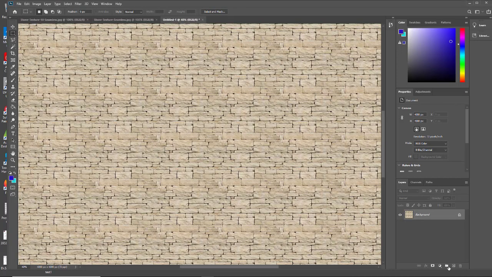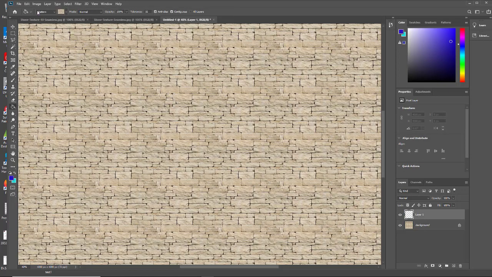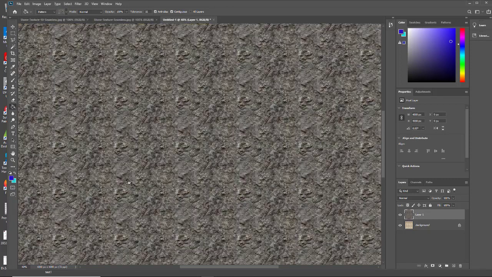I'm going to make a new layer above this one. I'm going to come up with my new layer, select it, go up under pattern with my paint bucket selected, and then grab the second pattern and fill this layer. This one really looks good. I'm going to pull back,